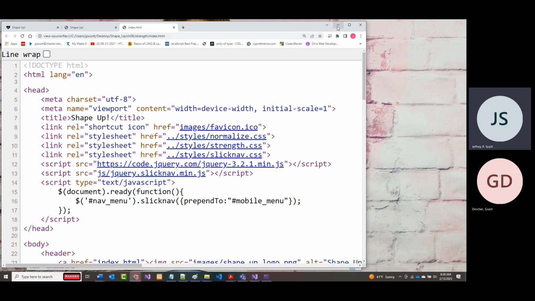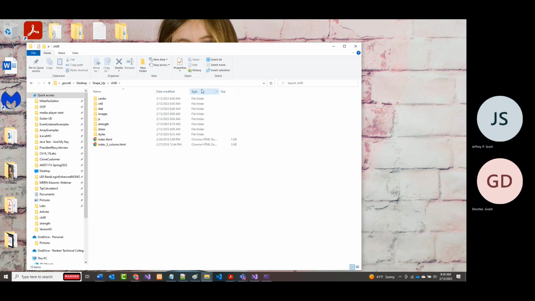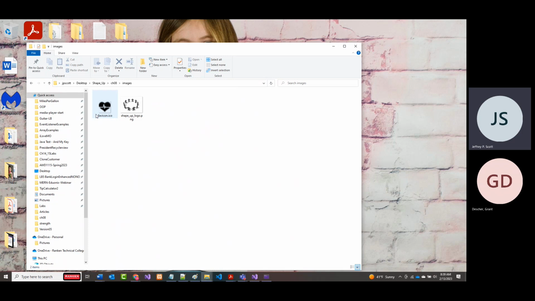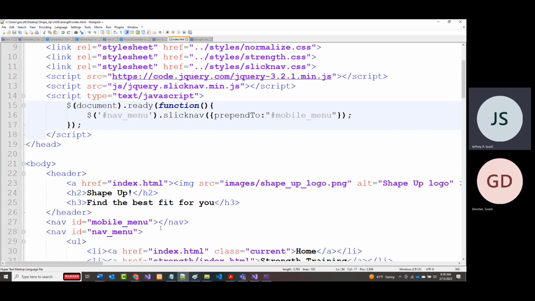If I'm in here and I do a dot, that's going to move me up one, right? So that should move me to here. So I should be able to go from there, dot, to images, and grab those images: the shape up png and the favicon ico, etc. So let's see if we can figure out why we weren't able to do that. Up here, that should have been a dot slash images slash shape up logo dot png. So if I save that,